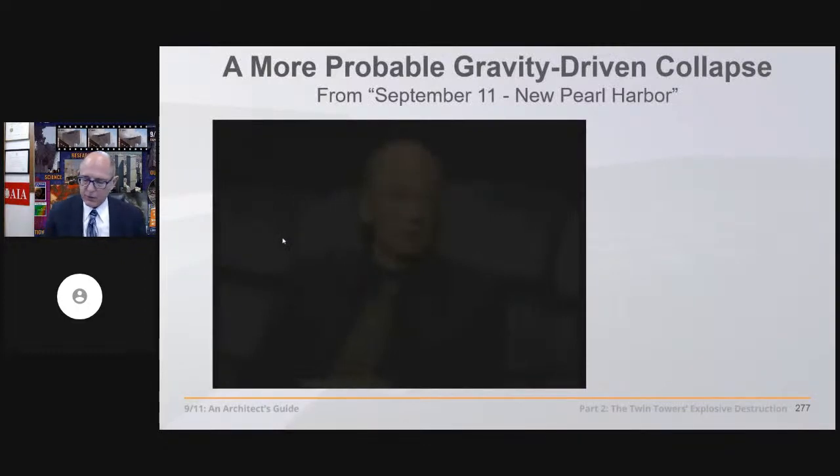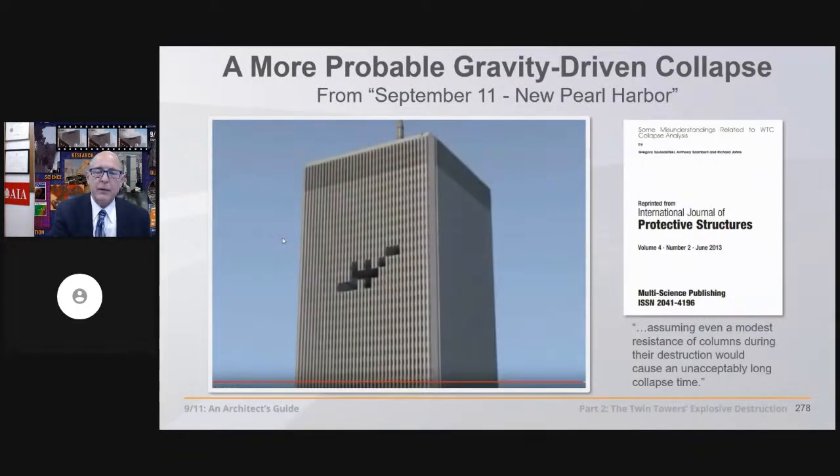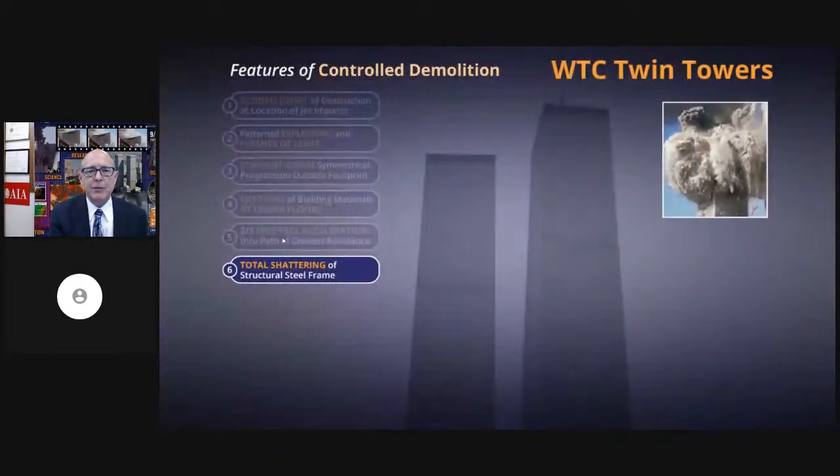But they do, of course, and that's why we have submitted additional peer-reviewed studies, papers that were published. This one in the International Journal of Protective Structures, not an ASCE, American Society of Civil Engineers publication. And so we continue moving on, publishing peer-reviewed papers, as you saw last week, with the release of the Halsey report, which we will be coming to regarding Building 7.